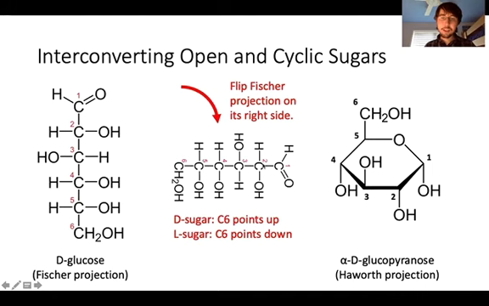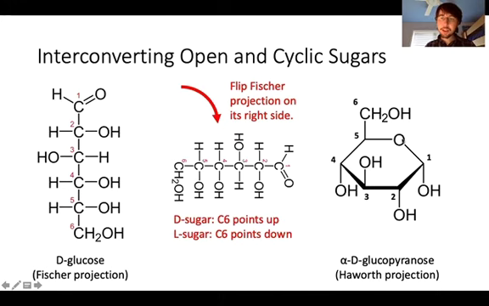And then if a hydroxyl group is pointing downwards when the Fisher projection has been flipped onto its right side, then it's pointing downwards in the Haworth projection. If it's pointing upwards, then it's pointing upwards in the Haworth projection. So 2 is pointing down, 3 is pointing up, and 4 is pointing down. We get to 5, there's another rule,